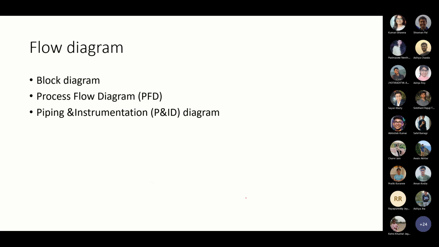So we have flow diagrams. Three types of flow diagrams are available: block diagram, process flow diagram, and piping and instrument diagram. Just like we use Google Map to know how to go from one point to another point,